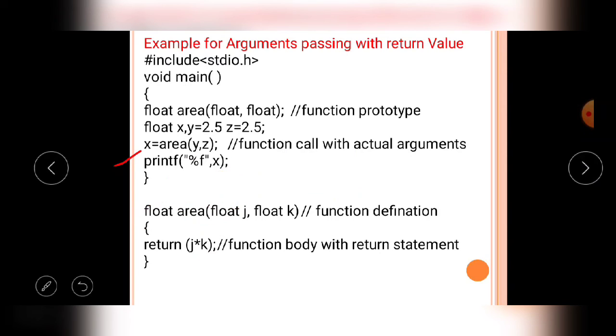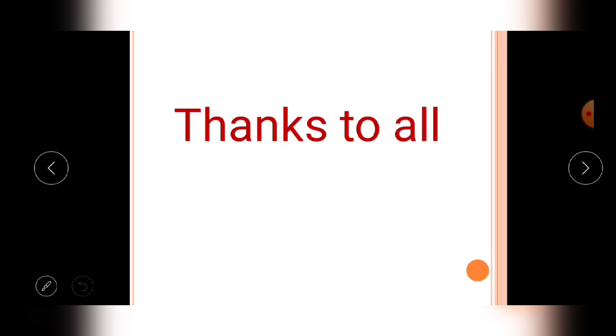Like that, the area user defined function is designed on the concept of argument passing with return value. Like that, the user defined functions are used in programming according to the user requirements. The user-defined functions are designed and used in C language programming.